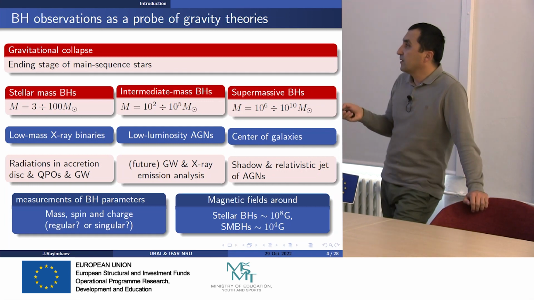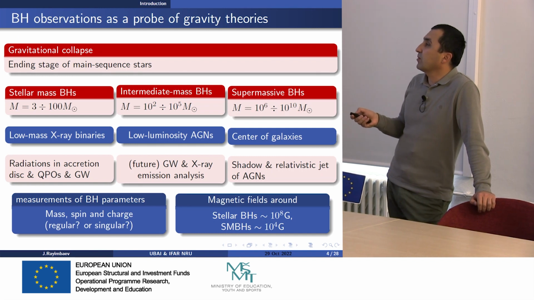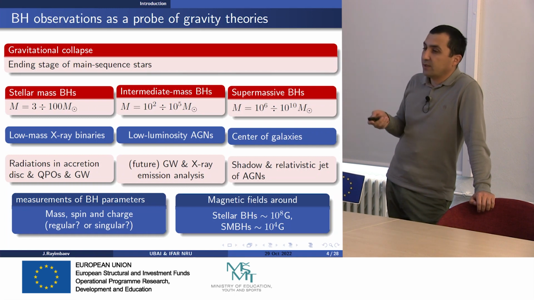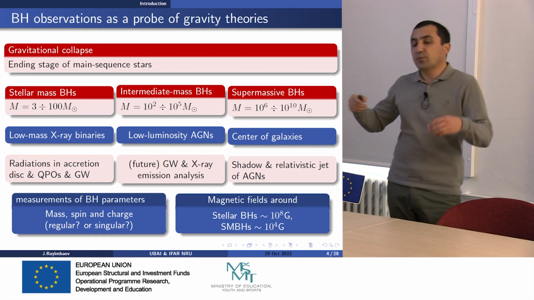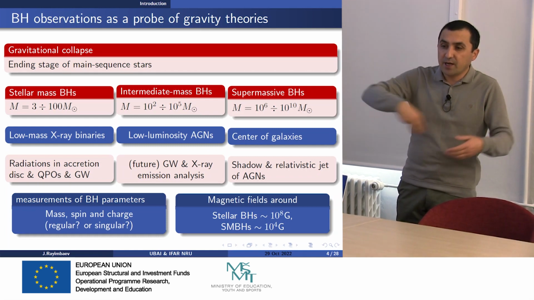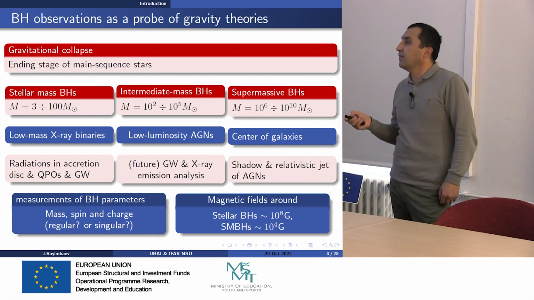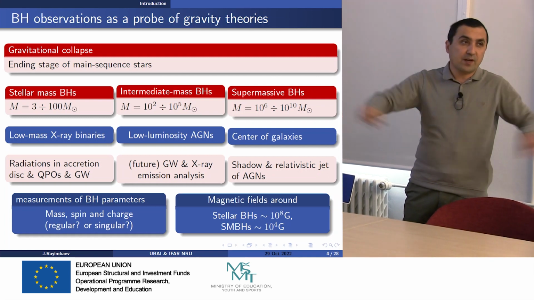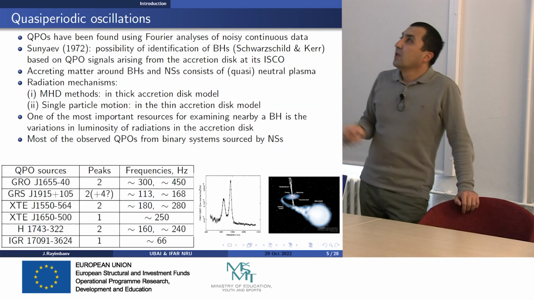Maybe the origin of the external magnetic field is the accretion disk. So according to the calculations, a stellar mass black hole can have up to 100 billion Gauss, this is the upper limit for the magnetic field generated by the accretion disk, and the supermassive black hole can have only 10,000 Gauss because the accretion disk is far enough away as compared to the stellar mass black holes. And